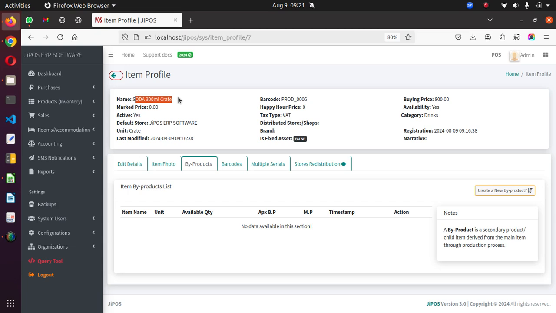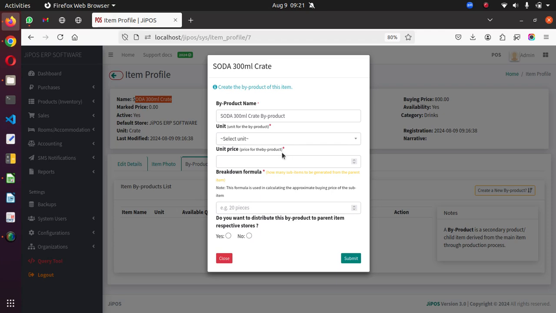From this particular crate, we can now create the soda bottles, the individual bottles. So the individual bottles will be the byproduct of, or derived from, this particular main product or item called soda 300ml. Now how are you going to create a byproduct? You just click create new byproduct here. You can give it a name. So I can even decide and say